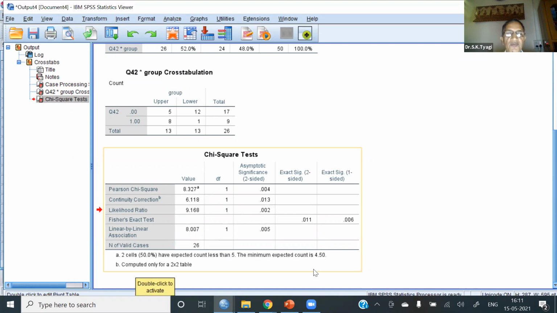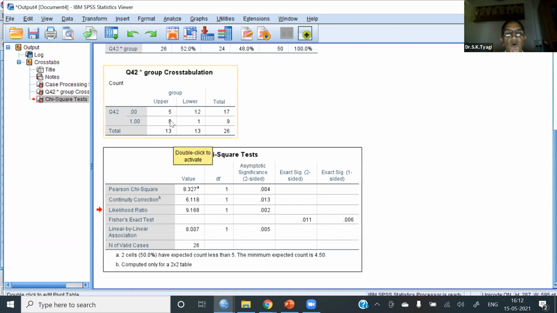There is an assumption of the chi-square test that we will study in detail tomorrow. So in this particular case, we will not use chi-square, but we will use the Fisher exact probability test. And the two-tailed value is 0.011. And this is significant. That is, the proportion of right response in the upper group is significantly greater than the proportion of right response in the lower group.